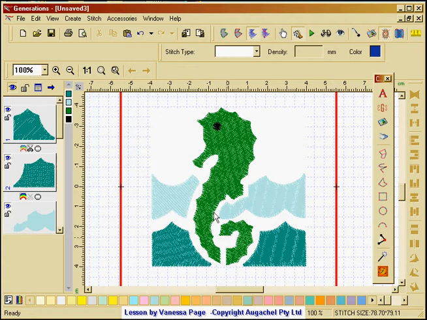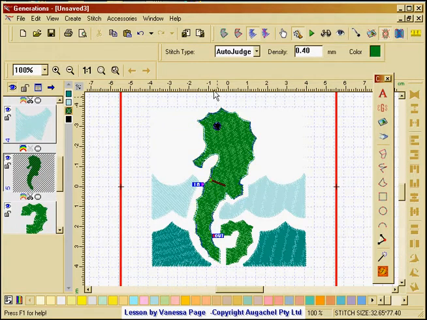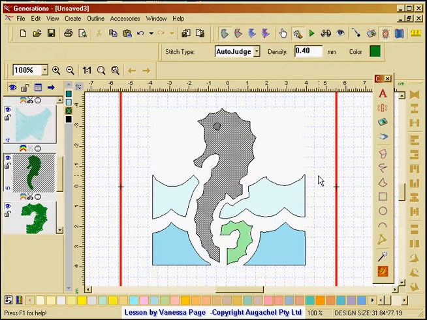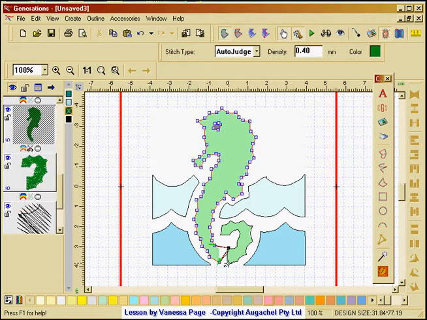Now I'm not really keen on having all these gaps, etc. around the design. So what I'm going to do is use my adjust with new points. I'm going to select the green part of the seahorse, hit my F6 key, which will turn it grey, and press down the hand tool. Now you can see I've got little nodes around my seahorse. I can drag those so they go across the top